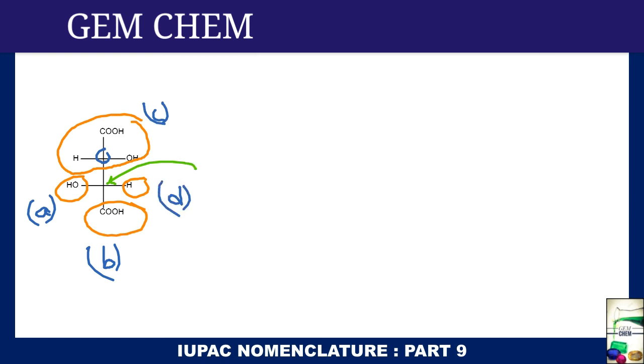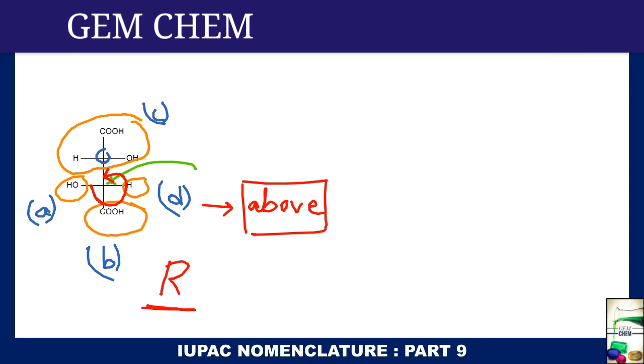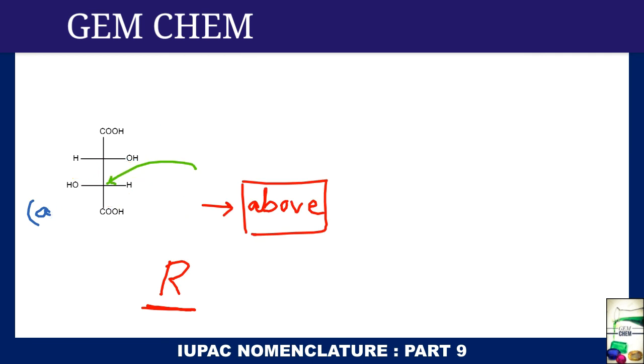Now if you focus on this, you can see that hydrogen is placed above the plane. So whatever we get by clockwise or anti-clockwise movement, we are going to write the opposite result. We are moving from A to B to C, so we are getting anti-clockwise. So we are going to write clockwise nomenclature, that is R. So for the third carbon, if we erase all these things, for this third carbon, we are getting 3R, this carbon.